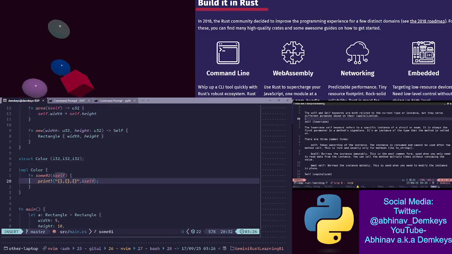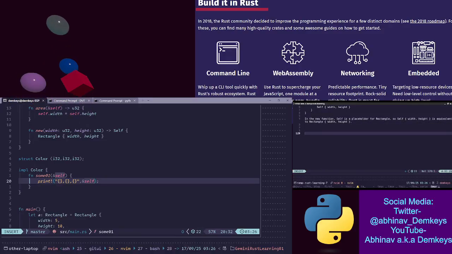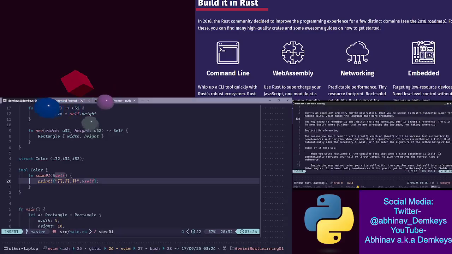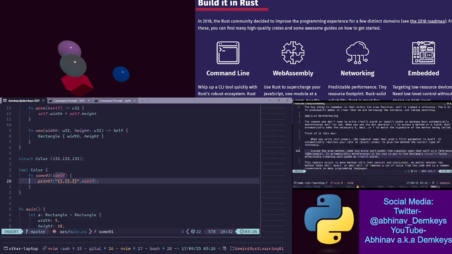wait, that's interesting. Why is that happening though? Okay, you guys need to be able to see what is being said here because it's talking about how stuff is being done implicitly. So here I am in this section, implicit dereferencing.